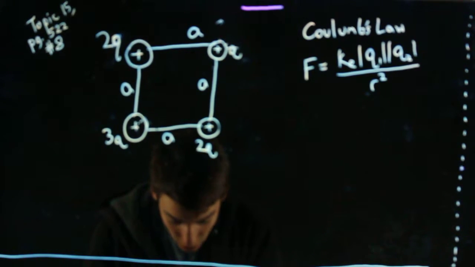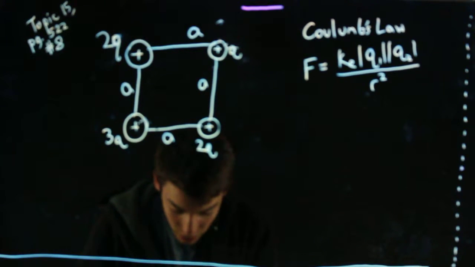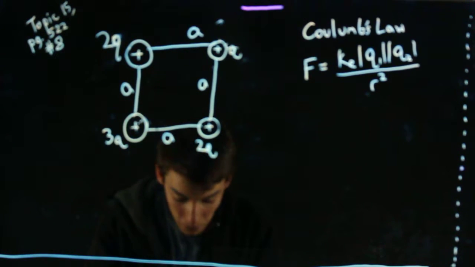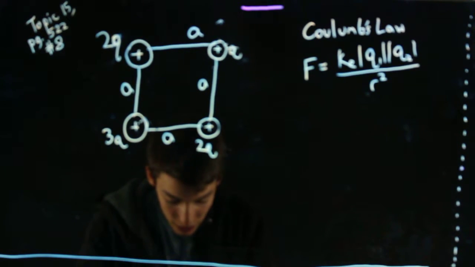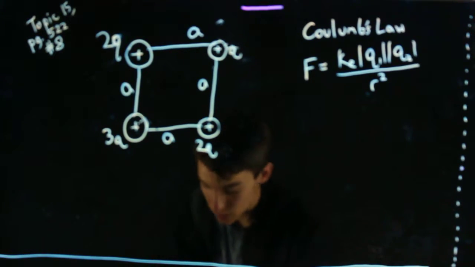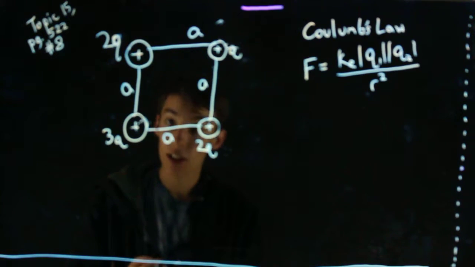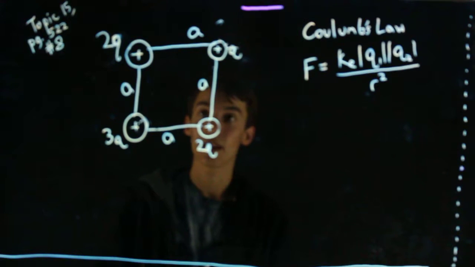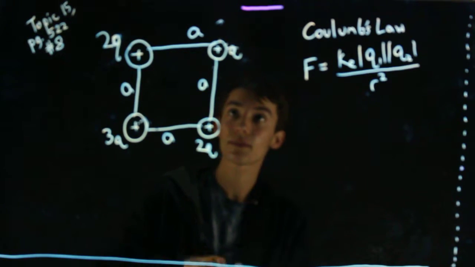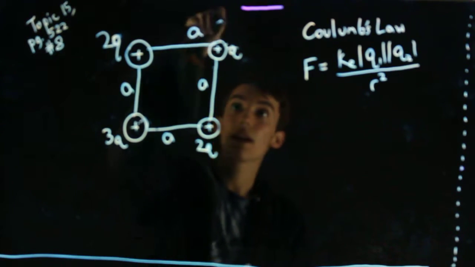4-point charges are at the corners of a square of side A, as shown in the figure. Determine the magnitude and direction of the resultant electric force on Q, with Ke, Q, and A left in symbolic form. Ke is the electrostatic constant, so we are luckily not going to have to pull that out of the calculator. And so what we have here